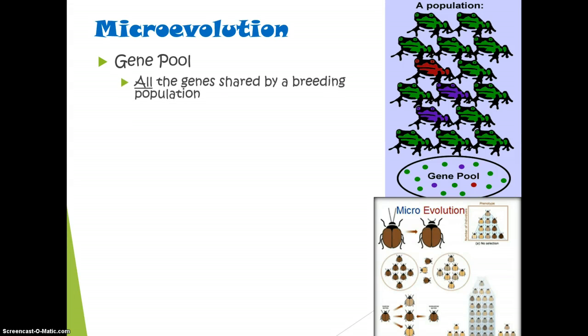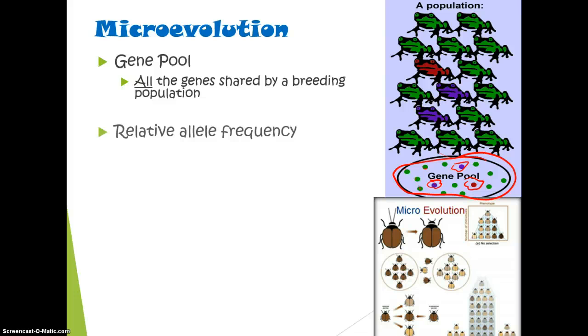Alright, gene pool. A gene pool is not a pool of denim genes. What it is, is all the genes that are shared by a breeding population. So if you take a look at my frog population, I have green frogs, blue frogs, and red frogs. If I take a look at the genes that code for frog color, you see I've got the green frogs, some blue frogs, and there's my red frog gene. All of those together, all the breeding individuals,